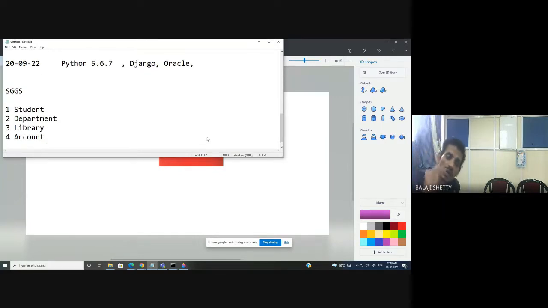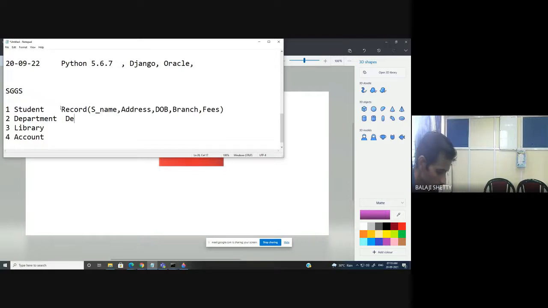Now if you observe, I will create the student app in which I will create the student database. What records? I need student name, address, date of birth, student's branch, fees. Now the student takes admission in the department.